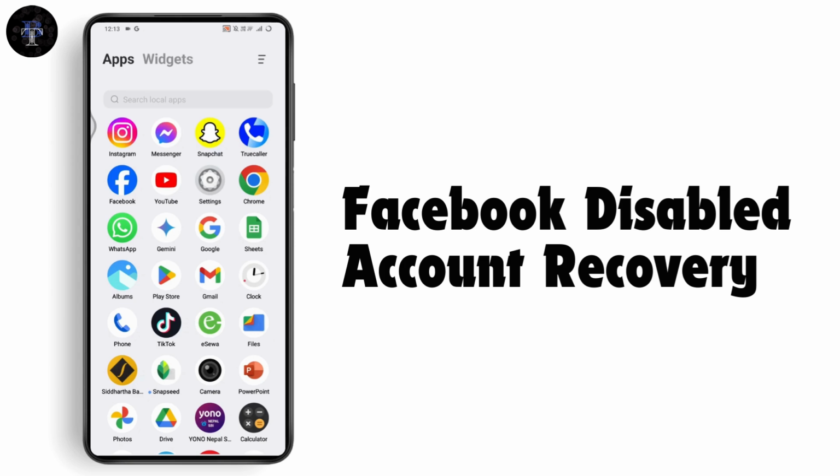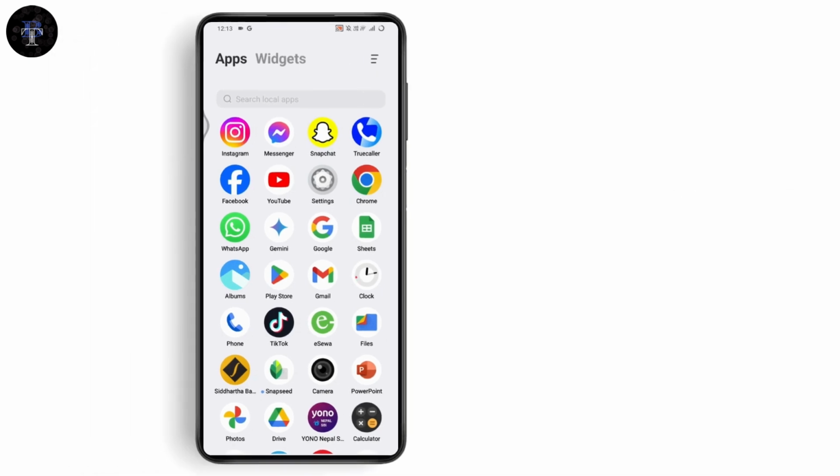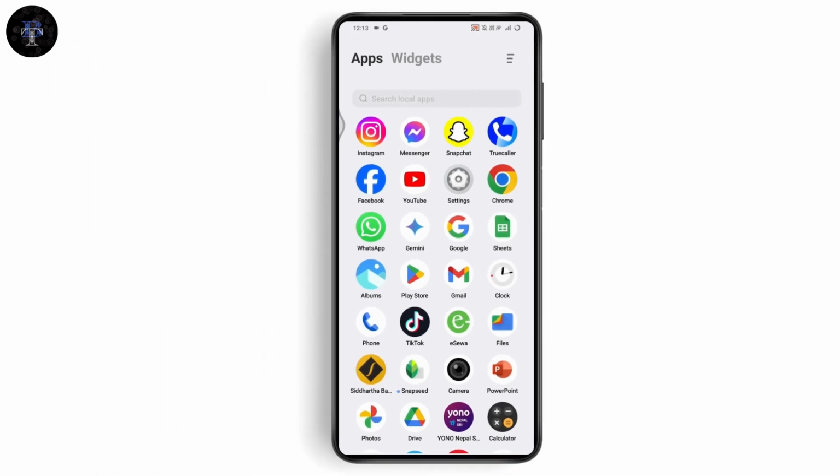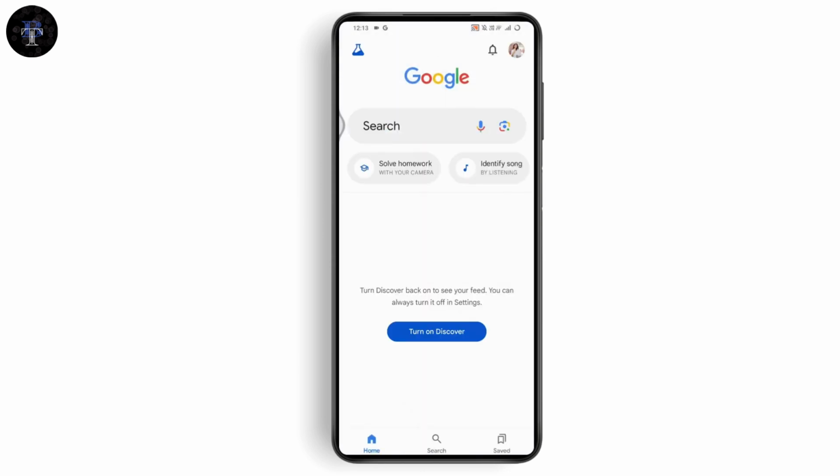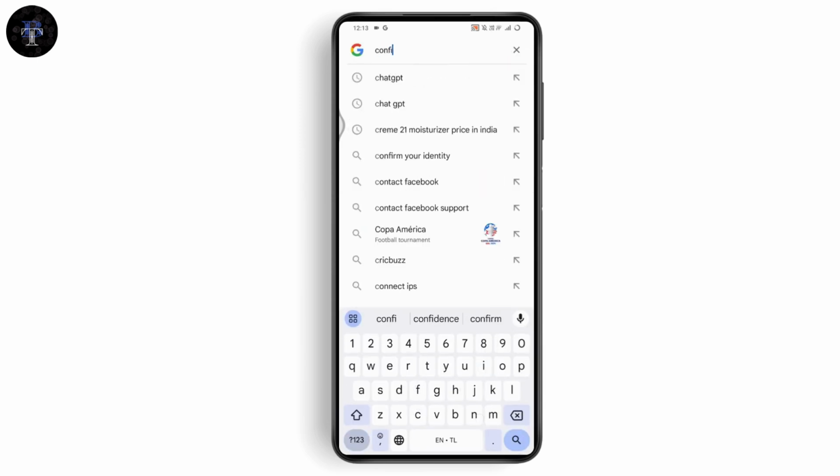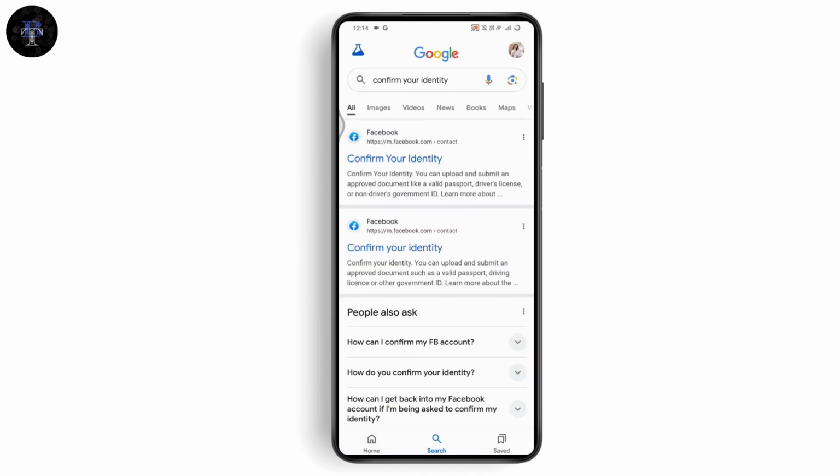Facebook disabled account recovery. So if you want to recover your Facebook disabled account, then first open up your Google or your browser, anything that you're comfortable with. So I'll be here with my Google, and then go with the search. Under search, you need to search for confirm your identity, and then you can choose the first one, which is